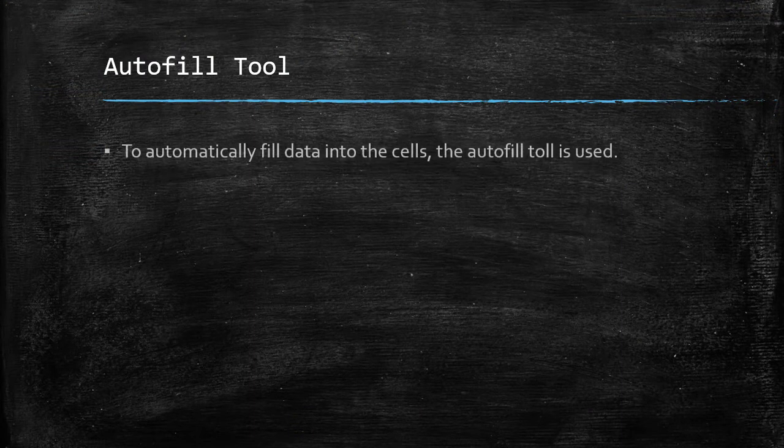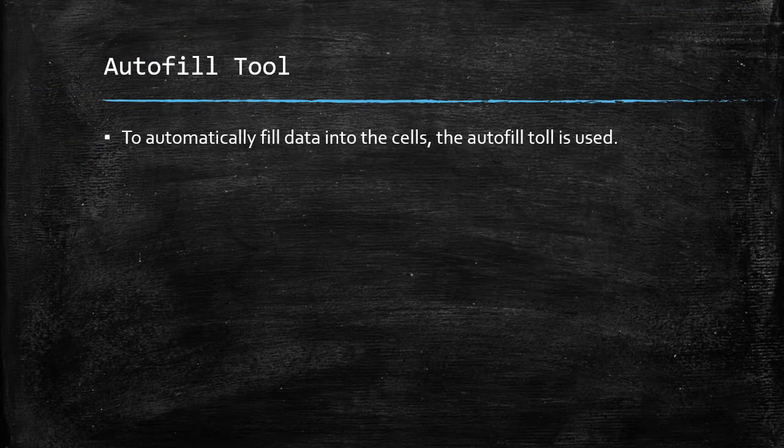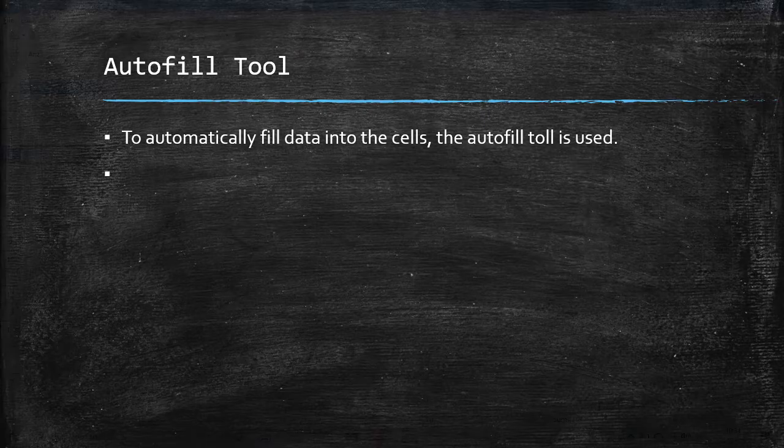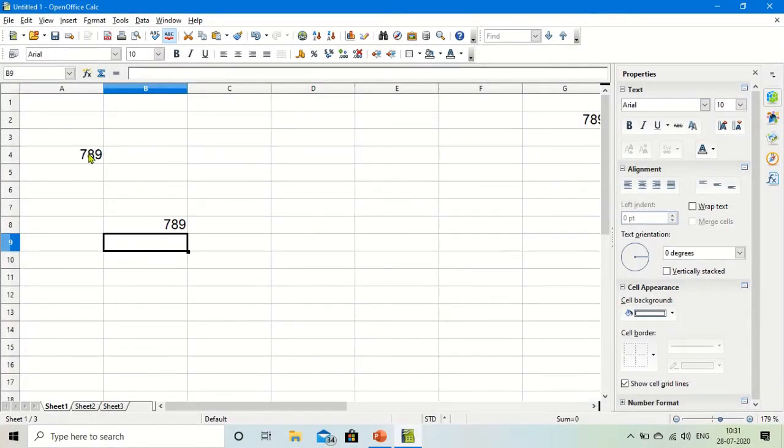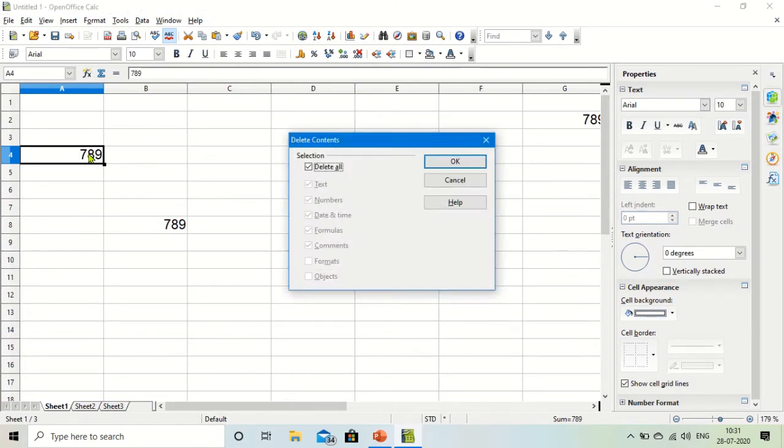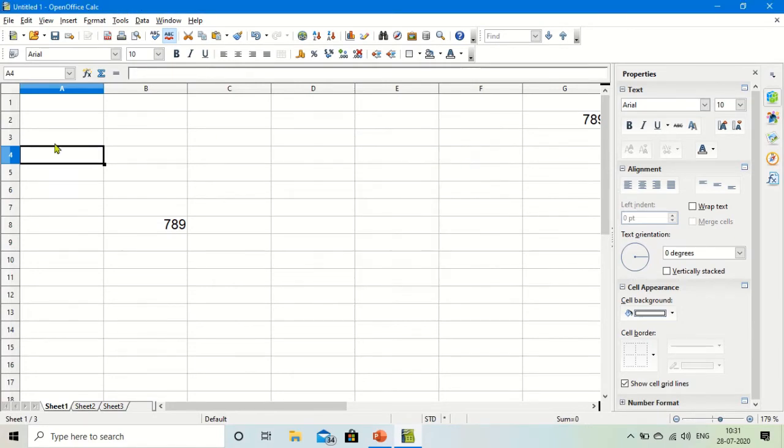Autofill tool. Calc provides the autofill tool to automatically fill data into the cells. Let's see how this is going to be applied to the cell. See, here I want to write something. Suppose I want to write 1 to 20. So I will write 1 and 2, first two, then I will select this and then click on this plus